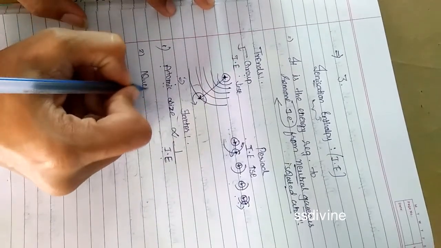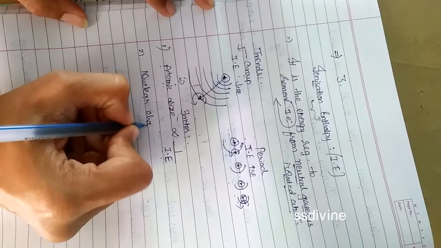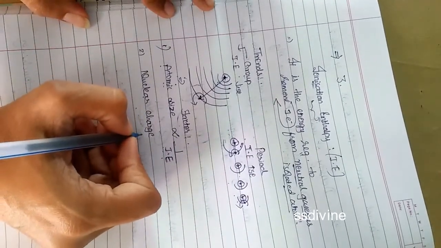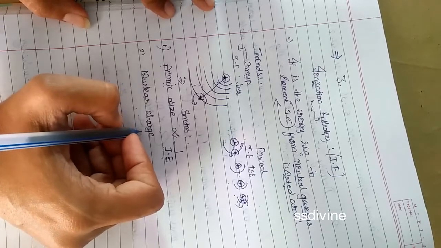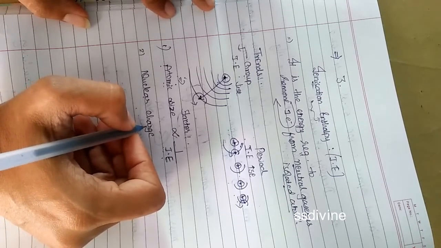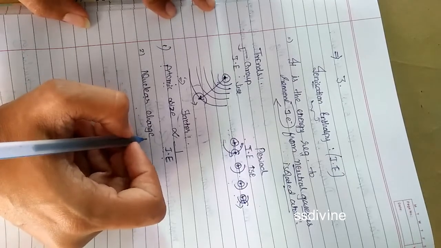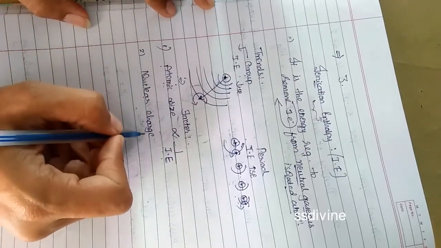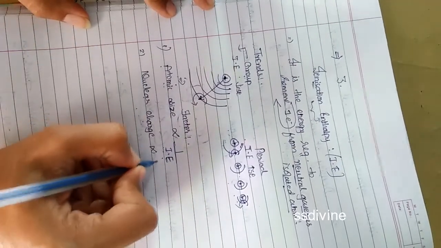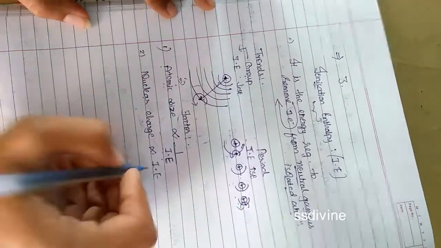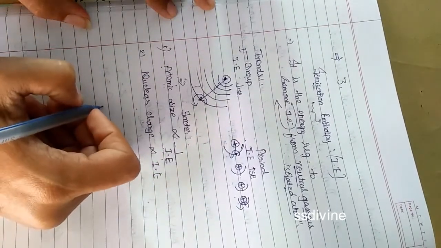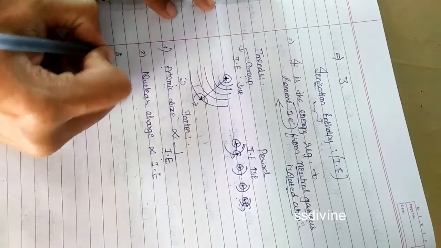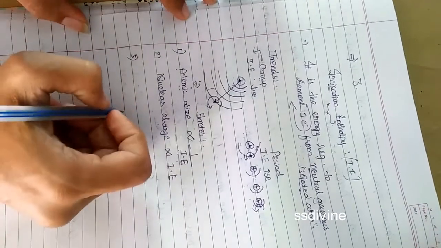Second is nuclear charge, or you can say effective nuclear charge, Z effective. As the nuclear charge increases, the force of attraction increases. Hence, the hold of the nucleus on the outermost electron will become stronger. So when the nuclear charge increases, the ionization enthalpy again increases. So the nuclear charge is directly proportional to this ionization enthalpy. Clear? Now you can go for the number of shells, or you can say subshells, right?